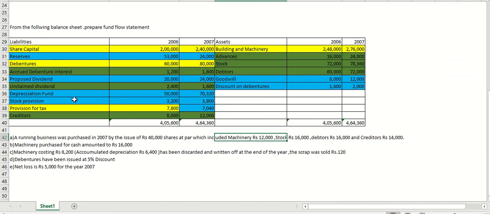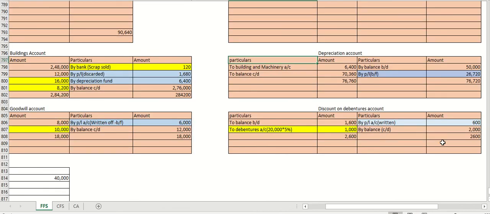So your depreciation fund account, opening balance 50,000, closing balance 70,720. So by balance brought down, it's a liability, so it's an expense and a liability, so it will have a credit balance. So by balance brought down 50,000, to balance carried down